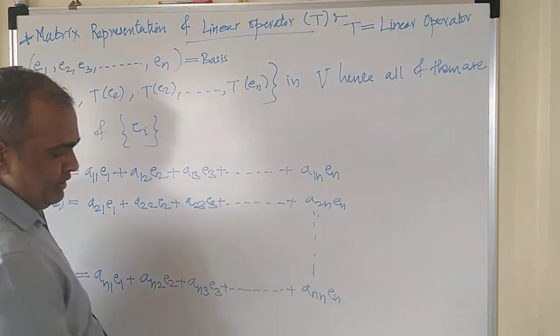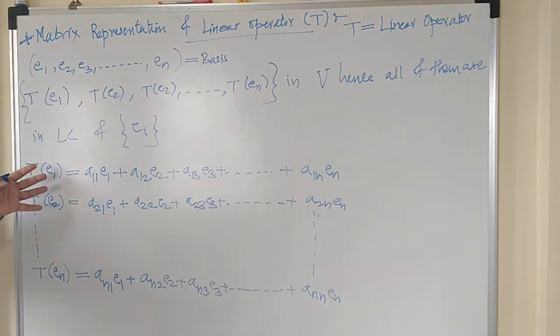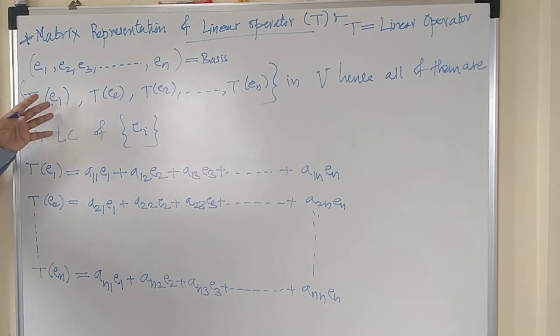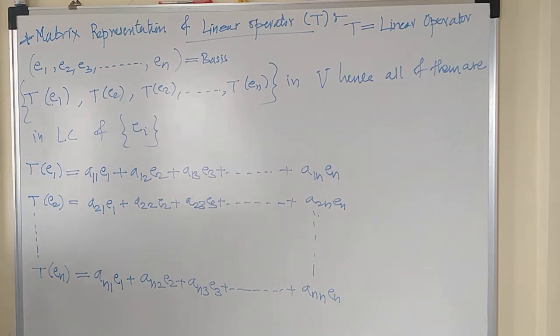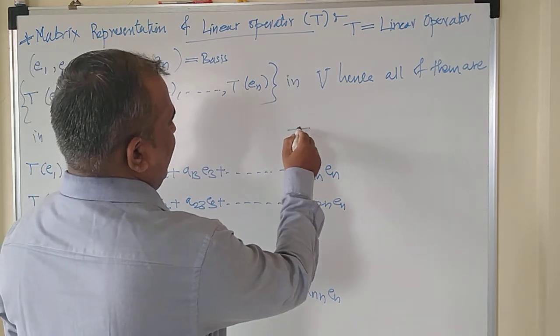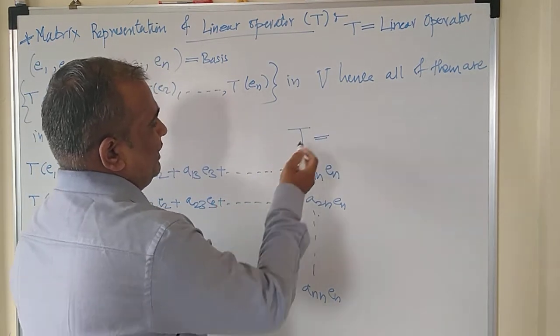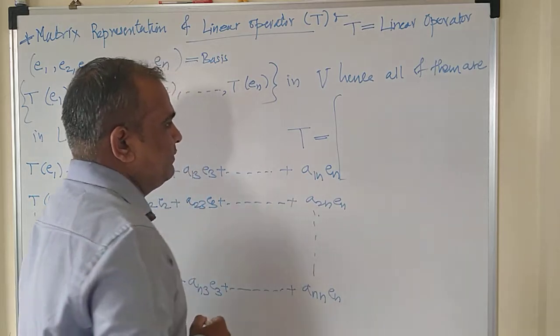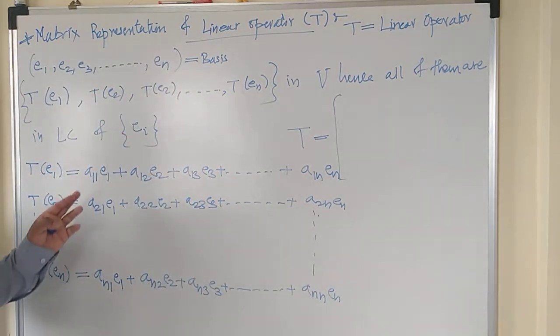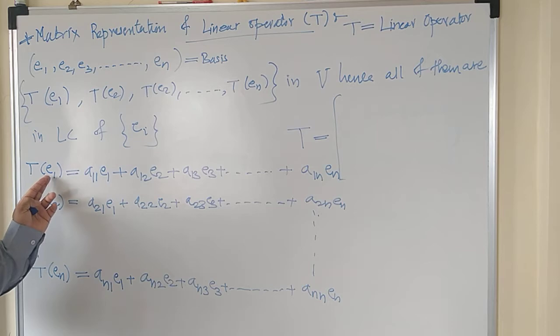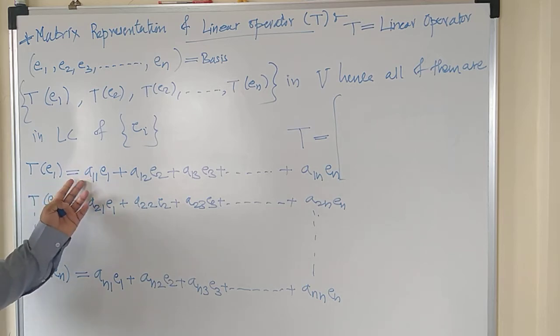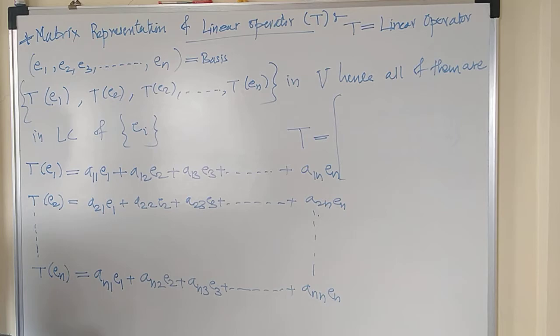We got these relations, isn't it? And once these relations are known, or can be written by using the linear operator operated on the basis, this will give you a matrix, right? And that is called the matrix representation of the linear operator with respect to the basis vectors. I will write the matrix here, denoted with the help of the linear operator. The first column will be the coefficients of the linear operator operated on the first basis E1, right? So all these coefficients will be in the first column, not in the row.